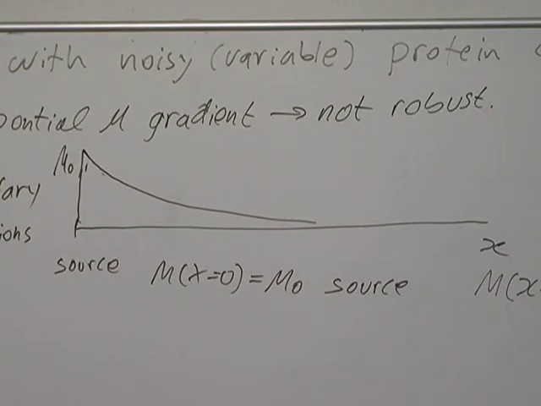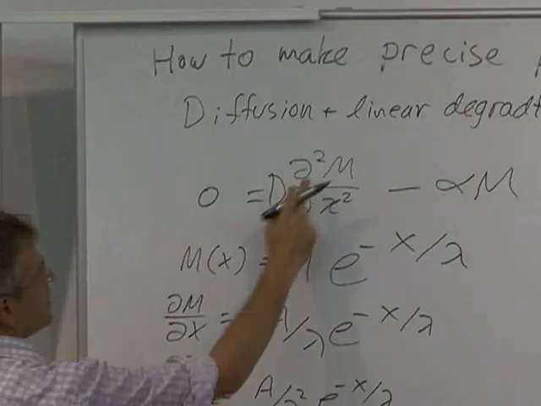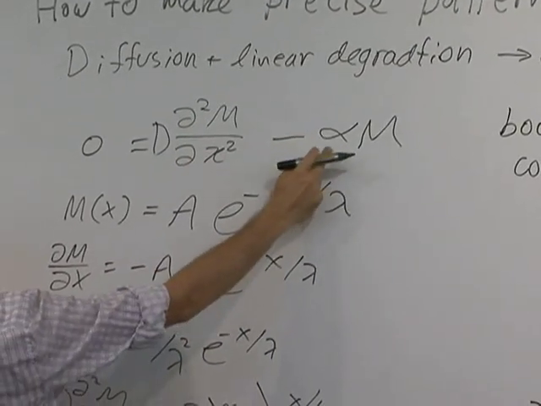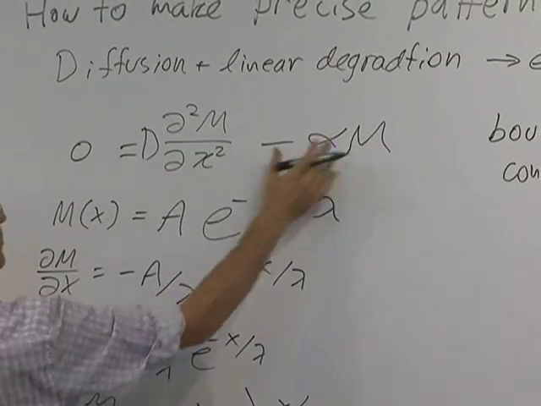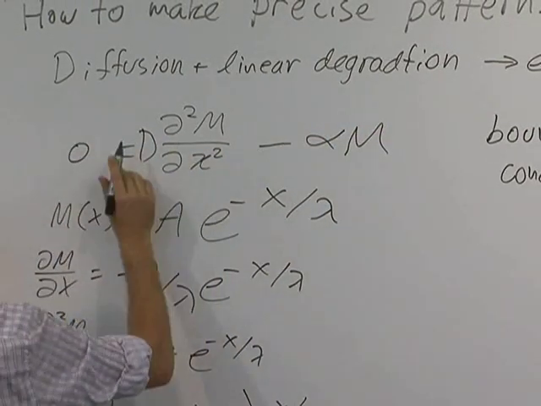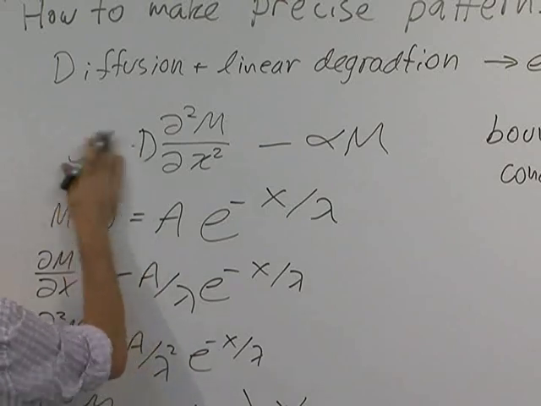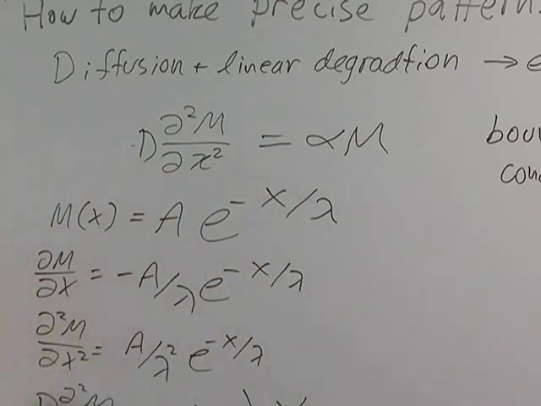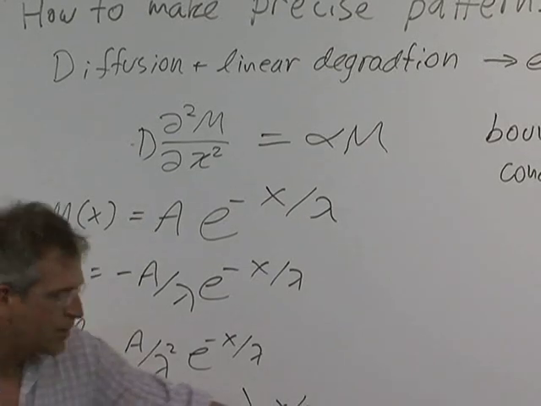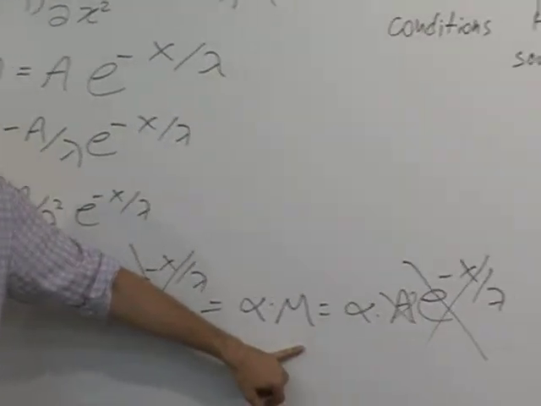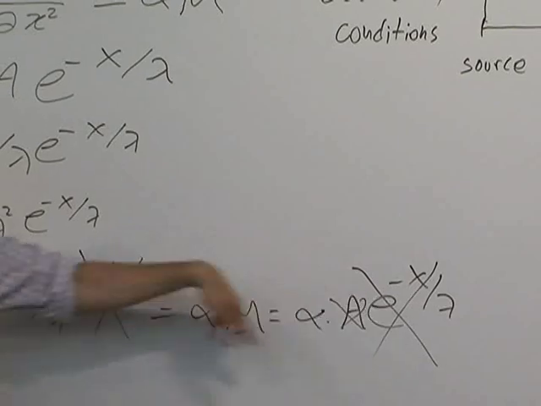So what I'm writing here is, because d times the second derivative equals minus alpha m equals 0, then I move this here, right? So I get that this equals that, right? Is that clear? Okay. Therefore, I equate the second derivative to alpha times m. Did I explain myself? I cross out everything that's...